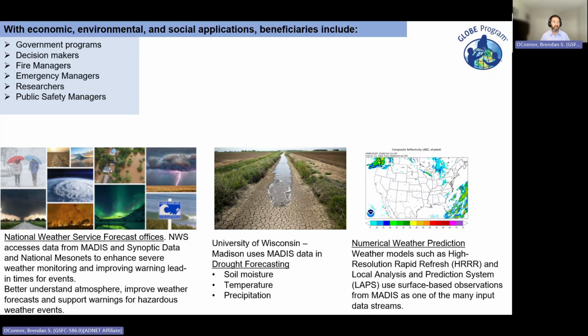The third example relates to the numerical weather prediction tools, and I think Amy mentioned a little about this at the start. These are different gridded systems that just provide information on forecasting, and GLOBE is uniquely positioned in many ways because we can create these hyper-localized data sources that allow for these models to increase in terms of their accuracy and potentially reduce uncertainty.